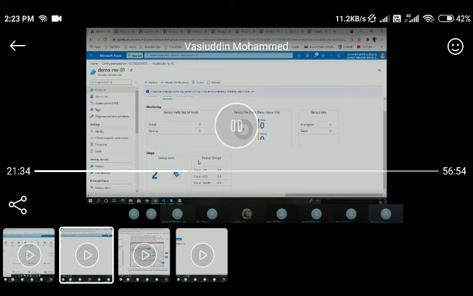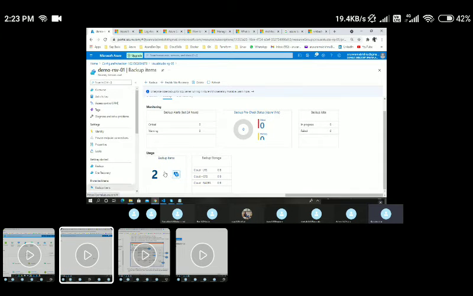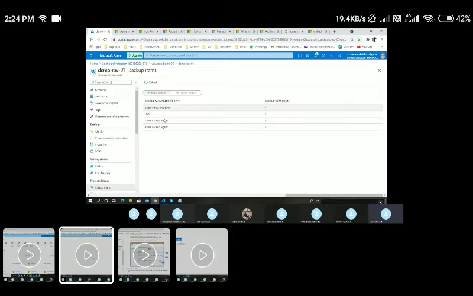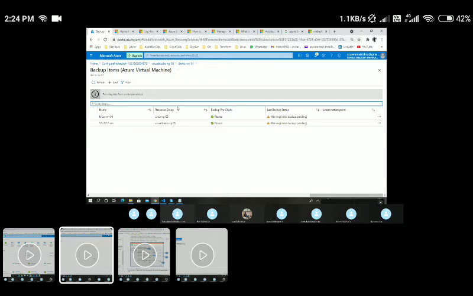the backup yet. And you can see the backup items as two. If you click on this particular two, it will show those two backup items. Okay, so these are the two backup items. We are taking a backup of Azure Virtual Machines. Let me click on it here, and here you could see these are the two VMs with respect to this resource group, and the backup pre-checks have completely passed.